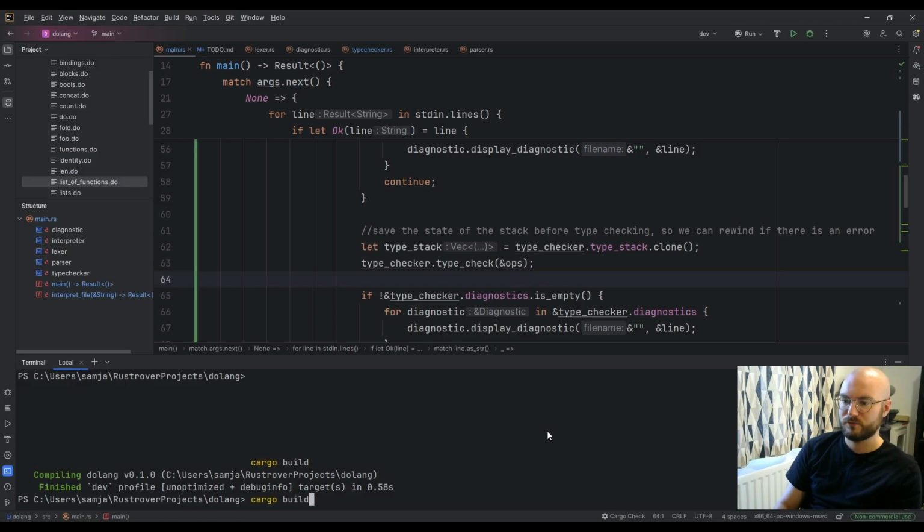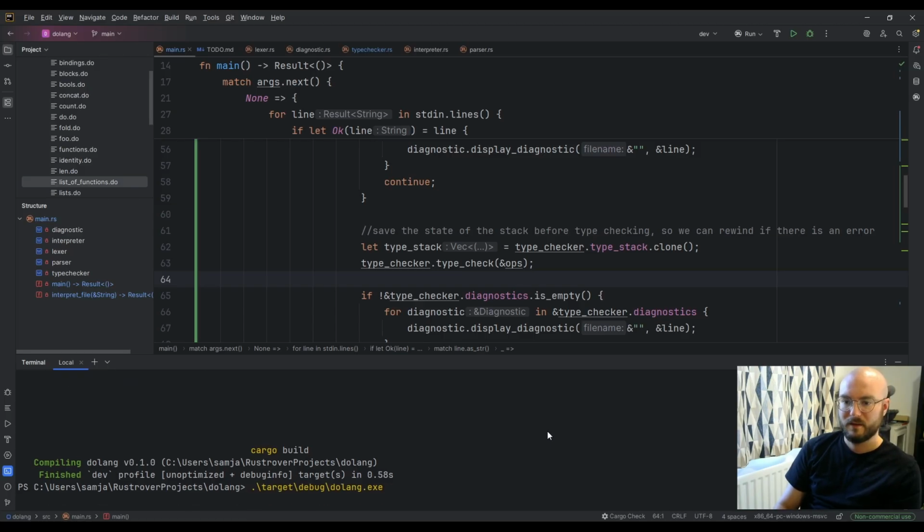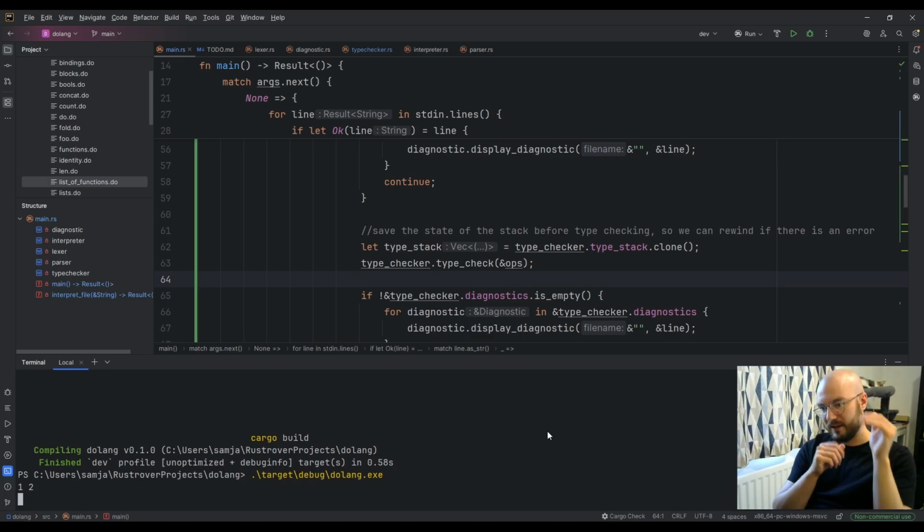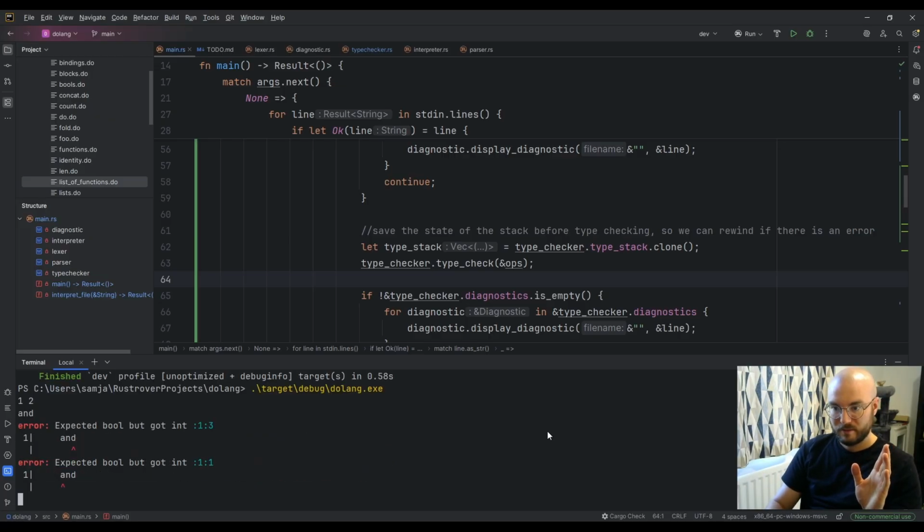So let's try to do that. Let's do 1, 2, and now we have an int and an int on the stack. And then if I do and, it expects booleans. Okay, so the REPL has broken, or the diagnostic is broken because it's not the right line.